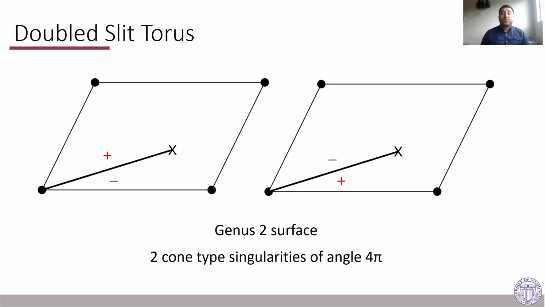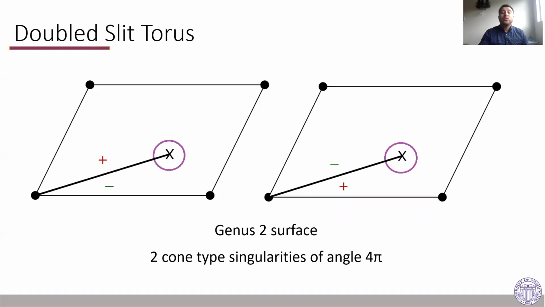And there's going to be 2 cone type singularities of angle 4 pi, right? And this is just saying if I'm standing at either x or I'm standing at dot, and I try to put a Euclidean ball about me, I'm going to see two Euclidean balls about me, each with angle 2 pi, and consequently with total angle 4 pi. Right, and so I've done this here for x, but exactly the same thing will happen if we do this at dot. Okay, so that's what a double slit torus is, and I'm interested